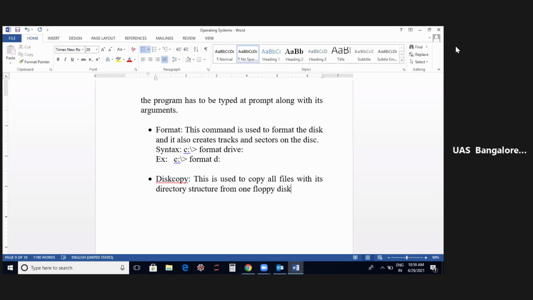Copy disk to disk. Those days you had something called a floppy disk. It was a very square shaped thin sheet kind of thing. Before these pen drives came into existence, we were using that for the copying purpose. Then later on you got the CDs and all. Just before the CDs, it was the floppy disk. So whenever you needed to copy the entire contents of one floppy to another floppy, this is the command we were using.